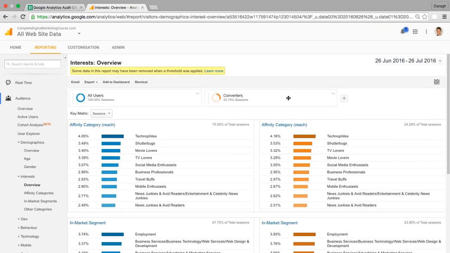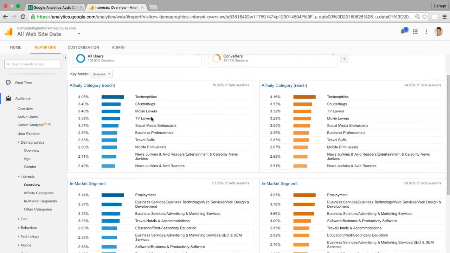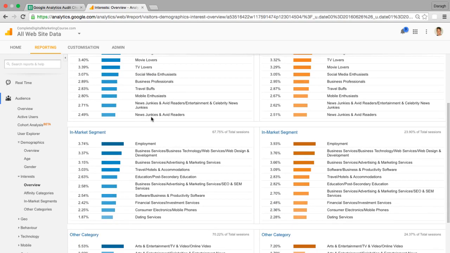Now I still have this converters segment showing, so these are the converters and these are just the visitors, and I can see side by side whether the visitors and converters are interested in the same thing. I can see that a lot of people are technophiles, shutterbugs, which means they like cameras, movie lovers, TV lovers. A lot of this is quite general, so let us move further down to see if there's anything more